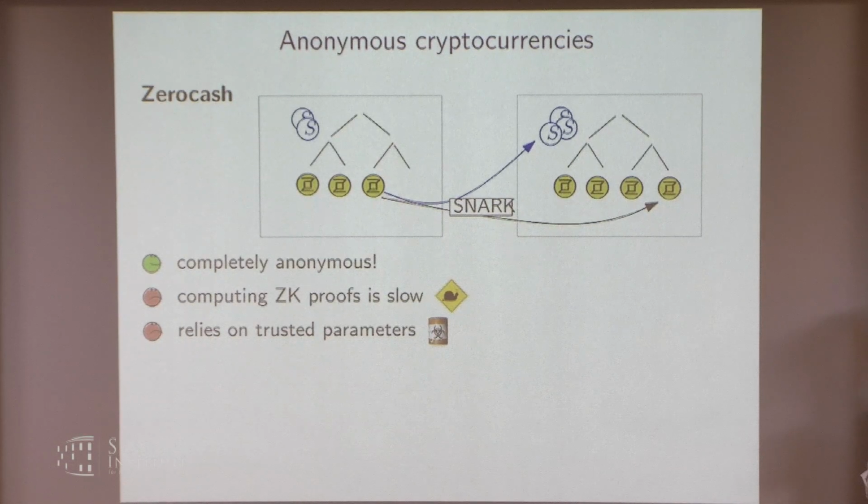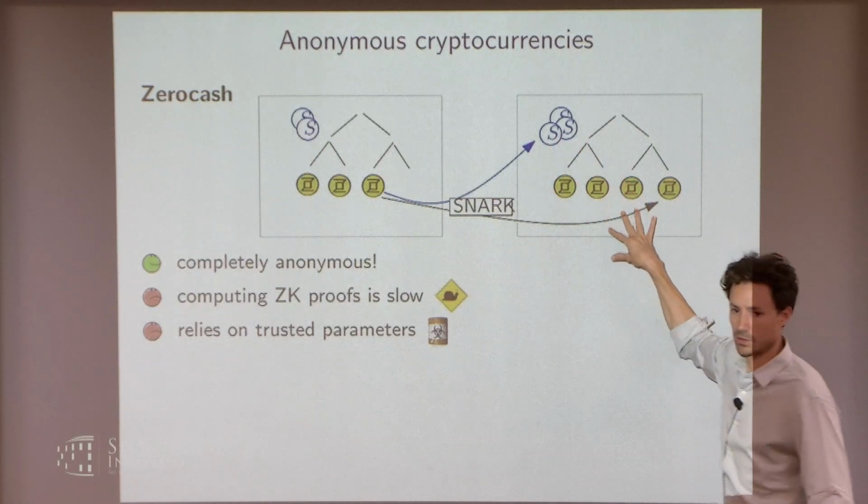So when I read this, I was under the impression that you actually have two chains. One is kind of public and one is anonymous. The anonymous one pays out to the public. Is that just a design layer on top, or is that necessary? Because you said this is completely anonymous, so I'm wondering if you could just use the private chain. So you're not referring to serial numbers versus coins now, right?